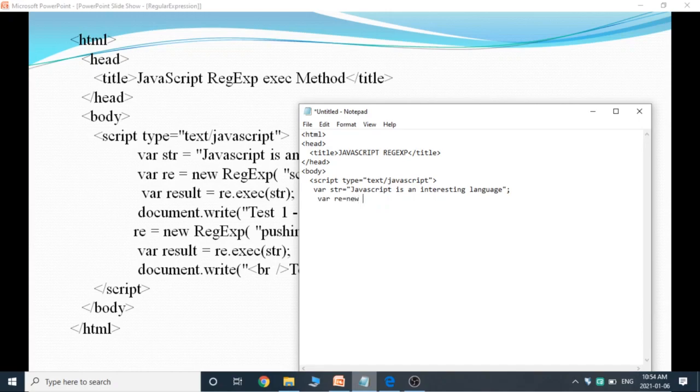New. Here I'm using pattern as script and attribute as g.